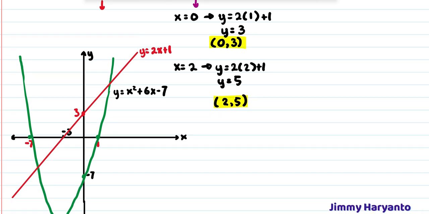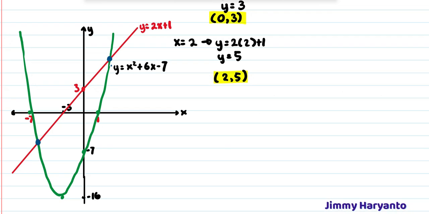And what is the solution? The solution is the point of intersection from both of them. That means you have to read the coordinates for this one and also for this one. Unfortunately, because I don't have any graph paper, I cannot draw this accurately. Yeah, just read the coordinates later. You will do this later in your exercise. That means if you see any questions like this one, you have to use your graph paper so you can read the coordinates accurately.